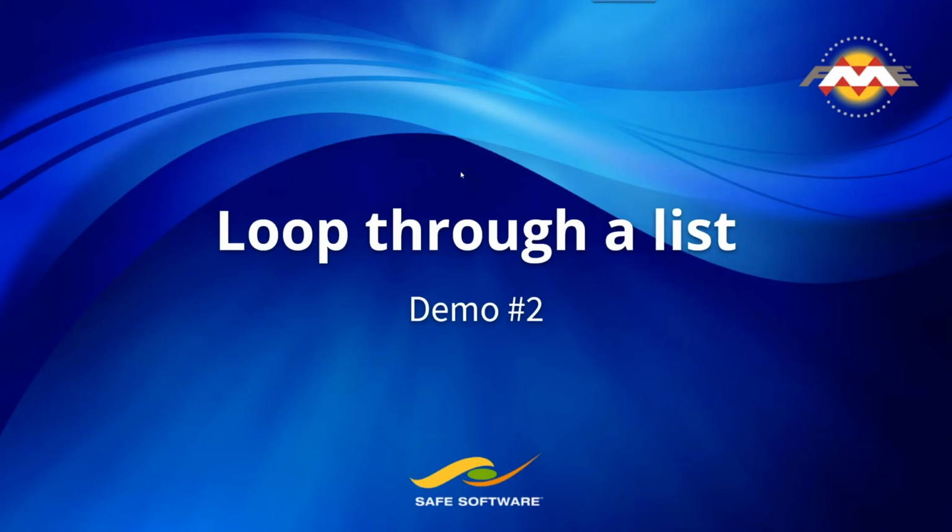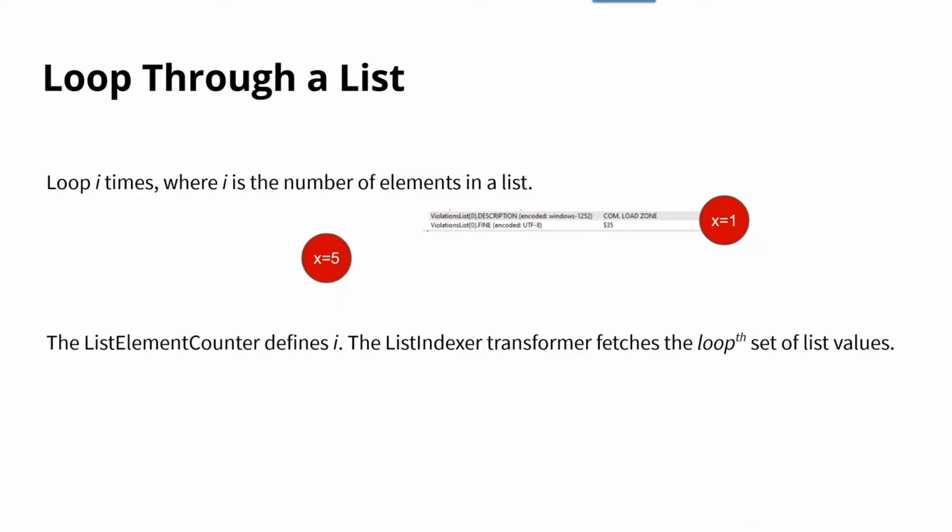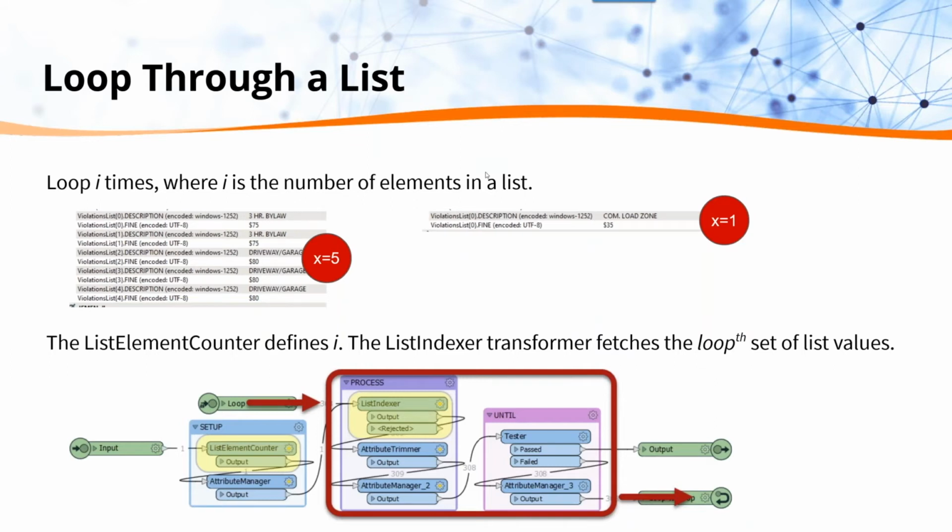Okay, so Laura showed that looping through features a set number of times. This time we're going to loop through, well, it's going to be a similar thing, but we don't really know in advance how many times we need to loop. We are going to loop the number of times according to the number of elements in the list. So the first feature might come in and have, well, let's see, what have we got there? We've got 5 entries in that list, and another feature comes in, it's only got 1 entry in. So we can't hard code the number